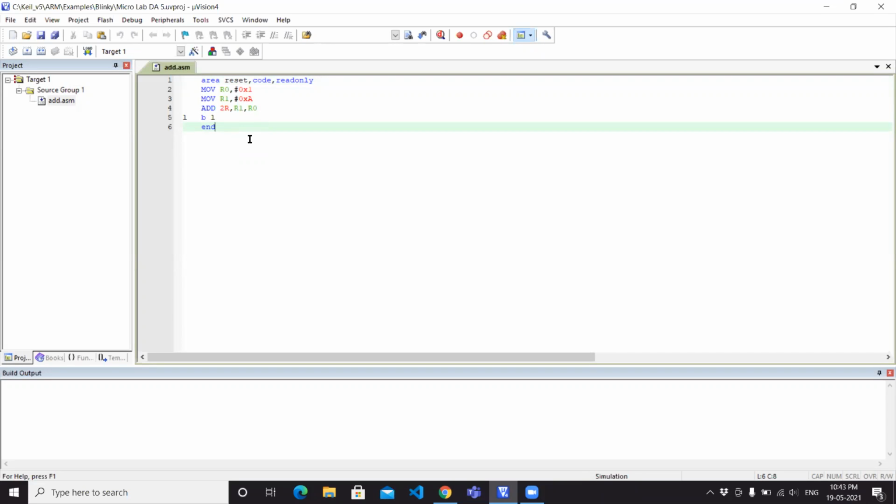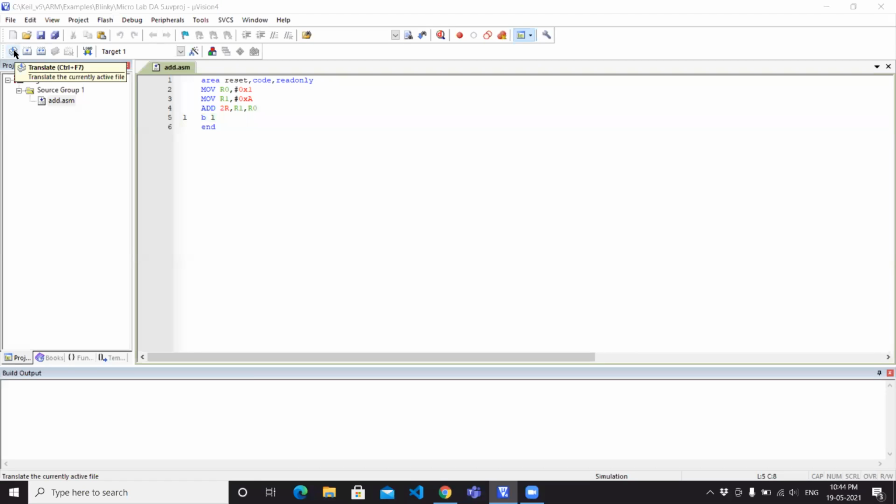So hi, I'm Smith, and in this code we are trying to add two numbers. In the first line we are storing this code in the area region in reset. In the second and third line, we are moving the values 1 and A, which are in hexadecimal, into R0 and R1. In the fourth line, by the command add, we are adding R1 and R2 into the R2 register. And the next line is LBL, which is also used for a loop, and autoradif for output.